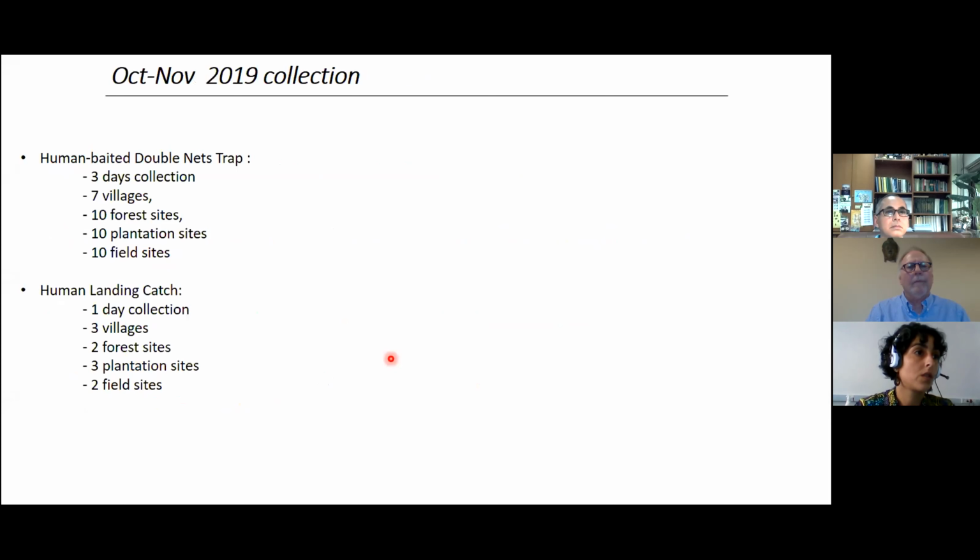And on a small note, I'm going to finish on a new collection that we started last year, in which we are using human baited double net traps only in a lot more different sites: 7 villages, 10 forests, 10 plantations, and 10 field sites. And we do a 3 days collection. It was actually easier than moving a car around. So we went for these nets only. And since human landing catch is the gold standard method, we still felt that we had to